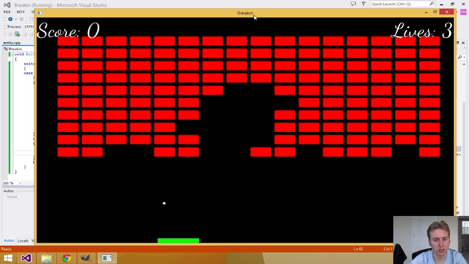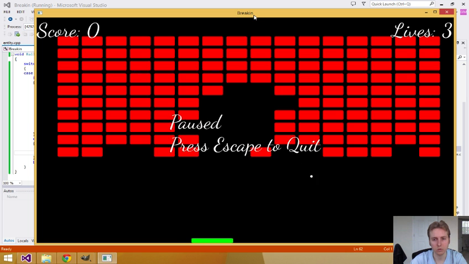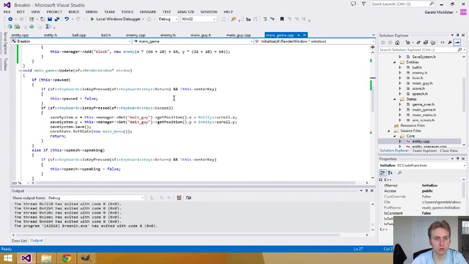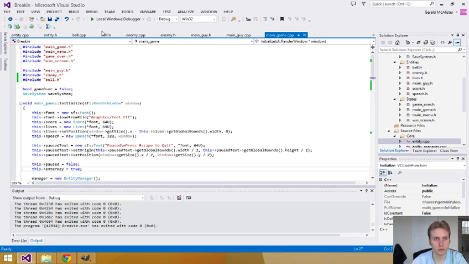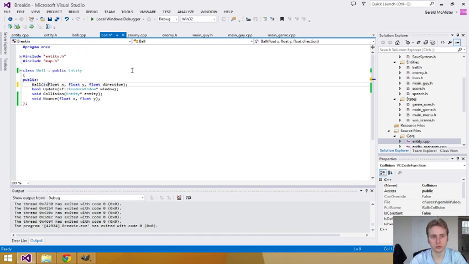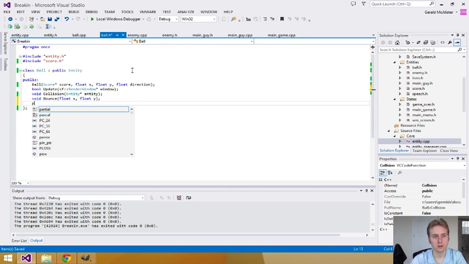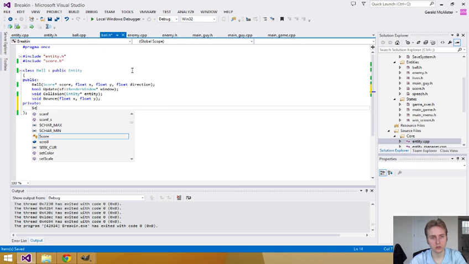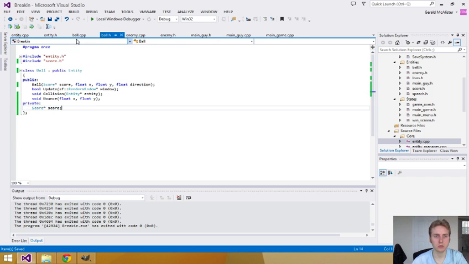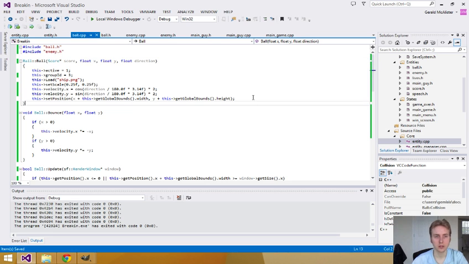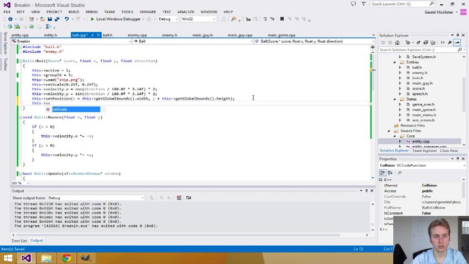So let's go through and we can work on adding in the score. So what we'll want to do is tie in the score system with the ball. So let's do score times score. Change this to score dot h, private score, and we'll come over to this. Here we'll do this, score,